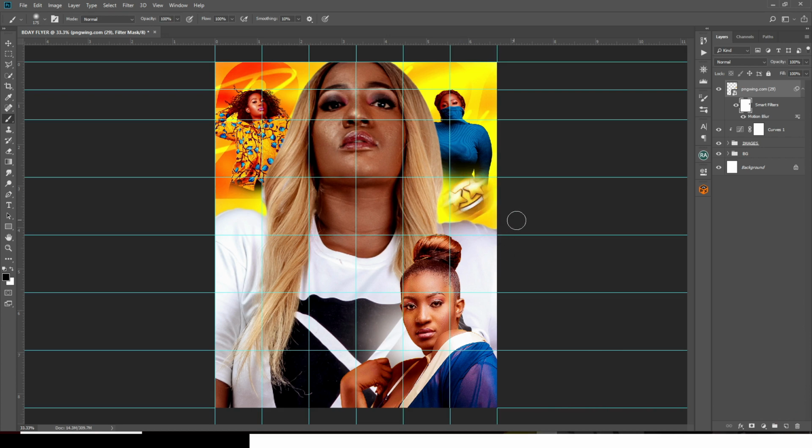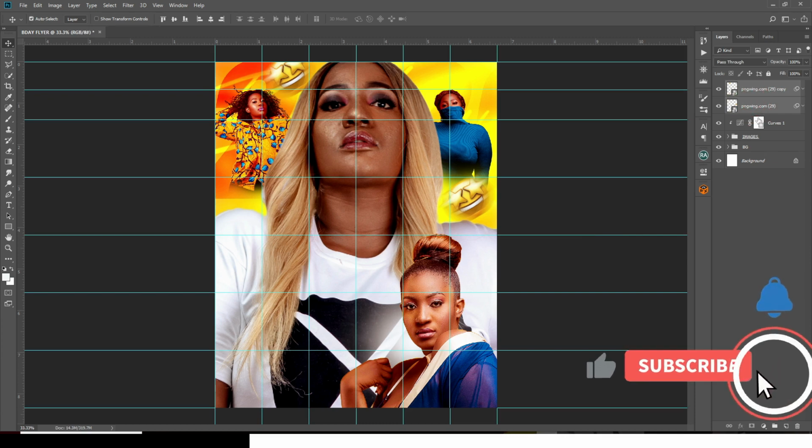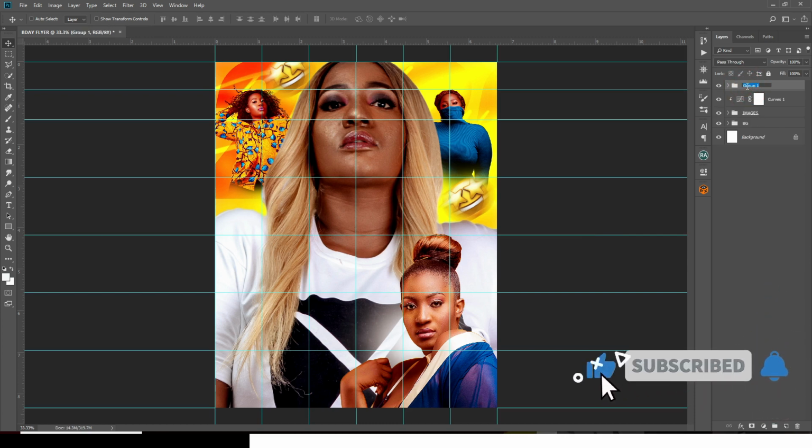Okay, I feel like this is better. Now we'll duplicate it again and then click on the move tool and then drag it somewhere here. Okay, and that is it. Guys, that is it. That's with our emojis. Let's put the emojis in a group. It's very quite easy as well. So let's call it